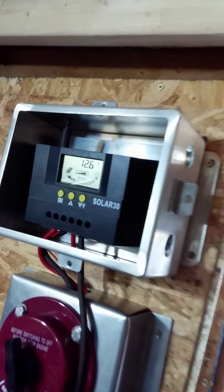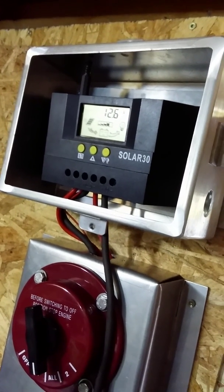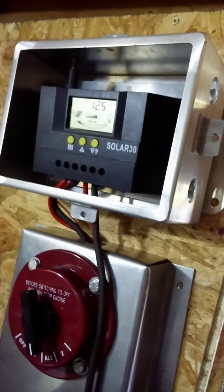But right now I'm at 12.6, which is roughly okay. If I shut off everything,